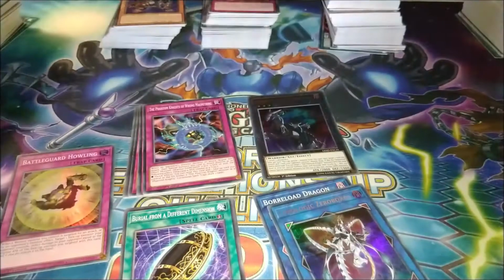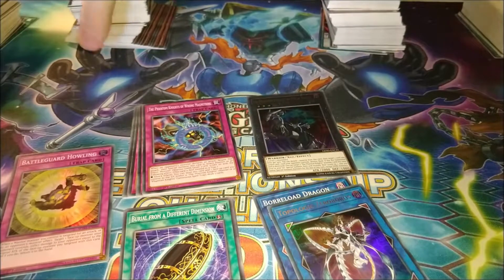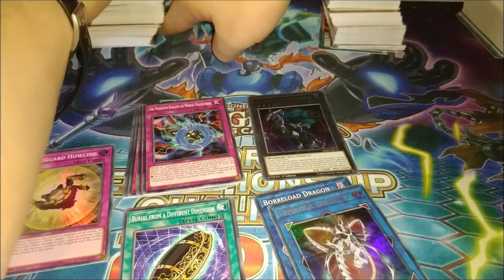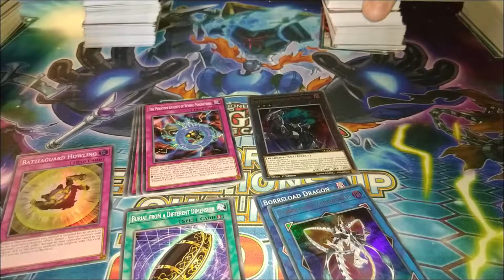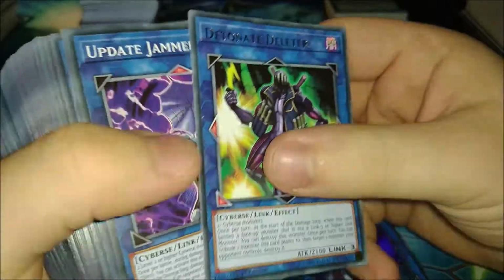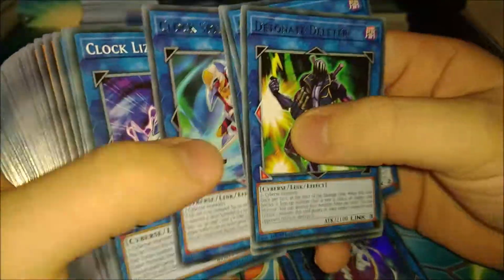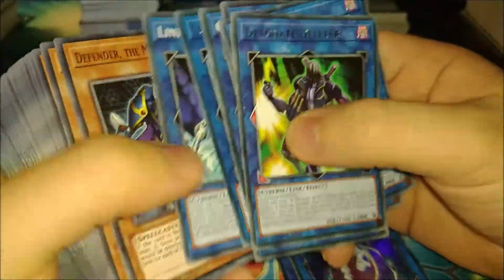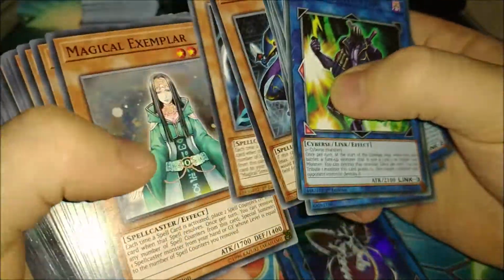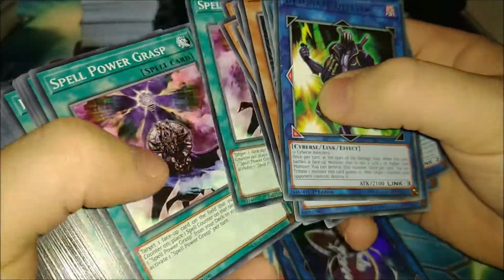The cards that are at least a little bit needed in this kind of deck, which of course, as I said, you guys may help me out with. So that is going together there. So let's go through this bunch. Detonate Deleter, Update Jammer, Cyber Switch, Cyber Wet Kit, Clock Sparta, Clock Lizard, Link Disciple, Link Devotee. So we know them. As you already can see again, most of the